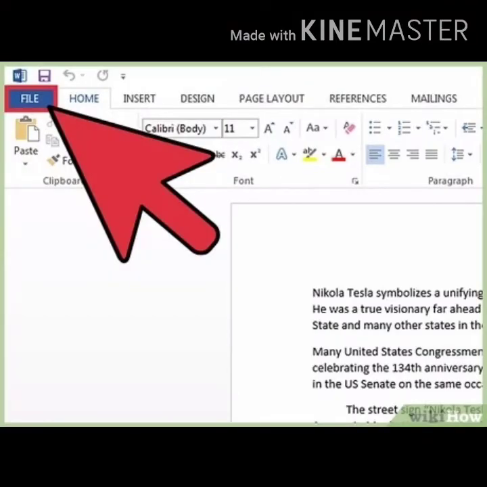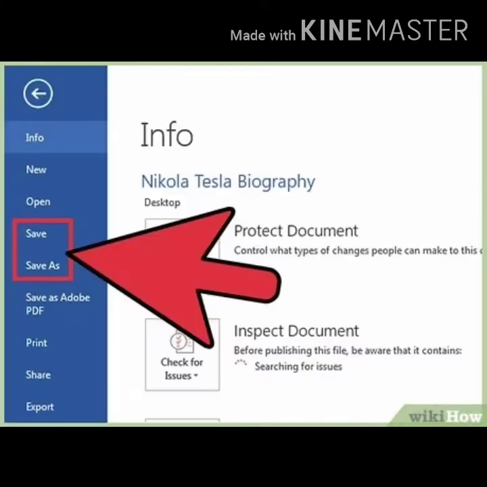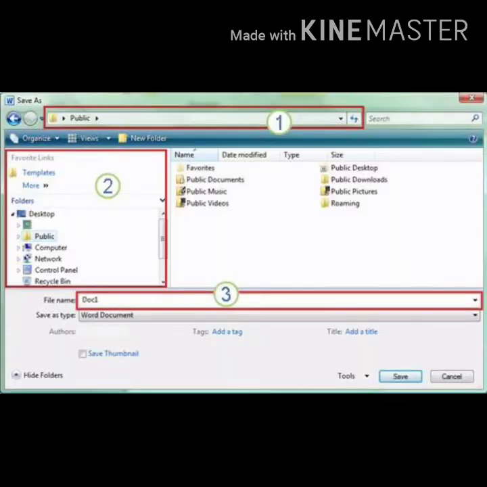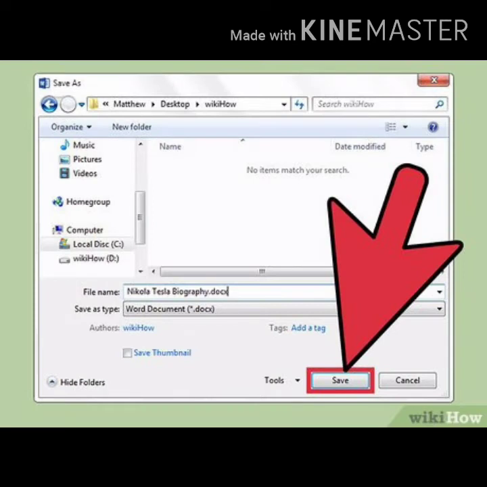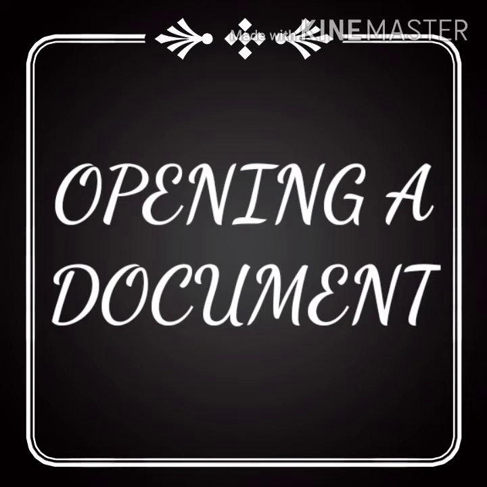First, you have to click onto the File tab. Then after, you have to select the Save As option. Once you select the Save As option, one Save As dialog box will get open. In that, you have to choose the location for the document and you have to give the name to your file. After giving the name of your file, you have to click onto the Save button. When you click onto the Save button, your file will be saved in the desired location wherever you have saved your file.